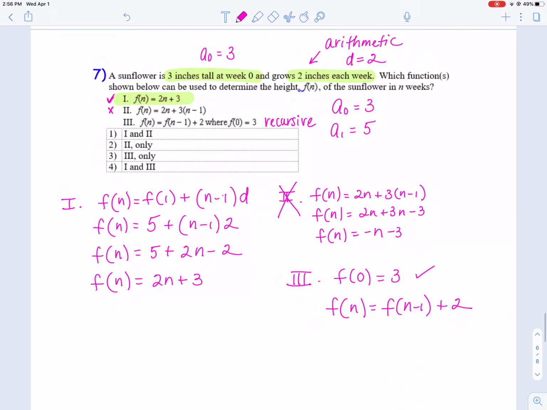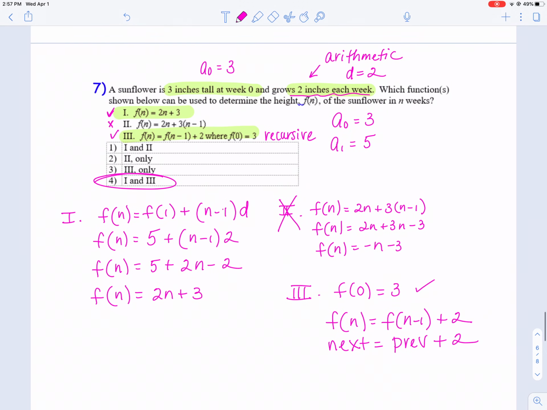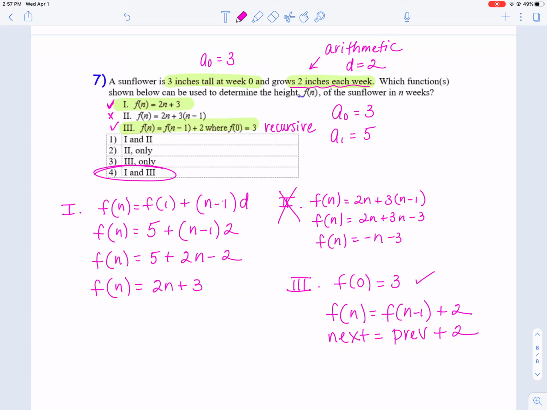Okay, what does that mean? It means to get to your next term, take your previous term and add 2. Is that true? Do you keep adding 2 each week? You do keep adding 2. It's growing 2 inches per week. So choice 3 also makes sense. Okay, that one works. So you're looking for choices 1 and 3, which should be choice 4. Okay, that's the last one. So I'm going to stop there and I'm going to let you guys